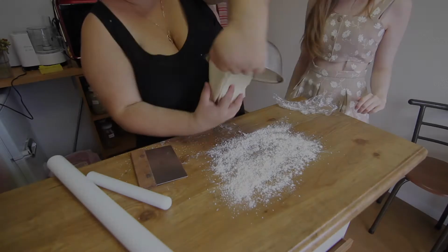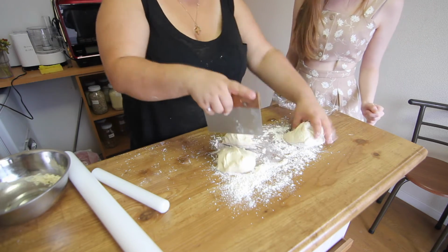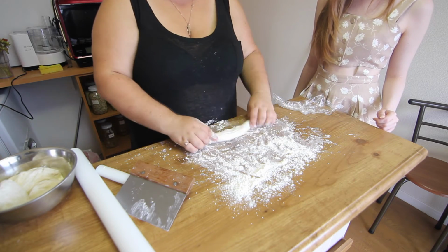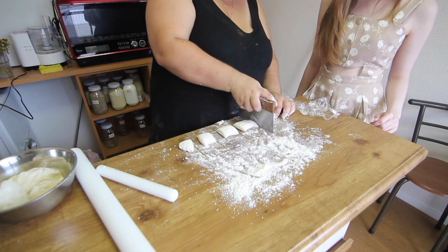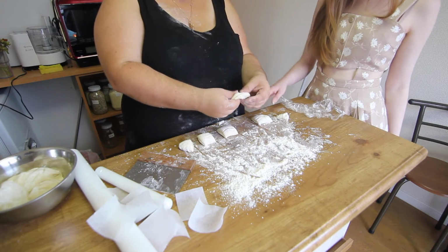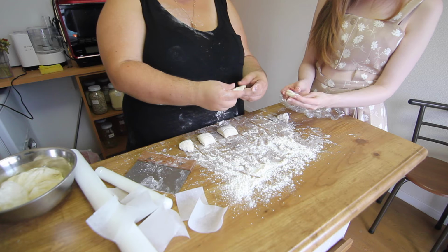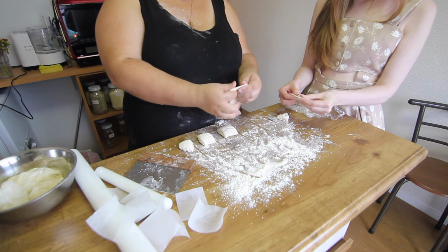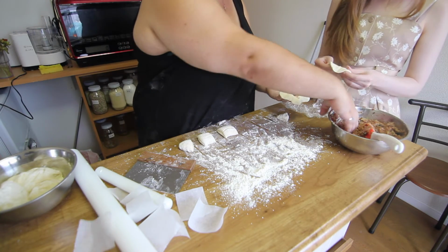So this is the dough. Separate it. Basically, just roll it like this. And cut. You can either do this by hand and you make a circle. Oh, it's so soft. Make a circle like this. And you try to leave the middle thicker. Once you're done making your circle, you take the meat mixture and put it in,